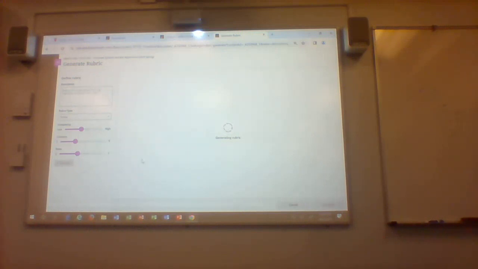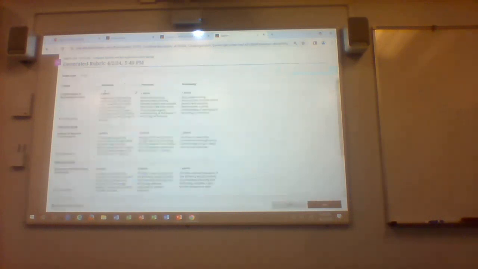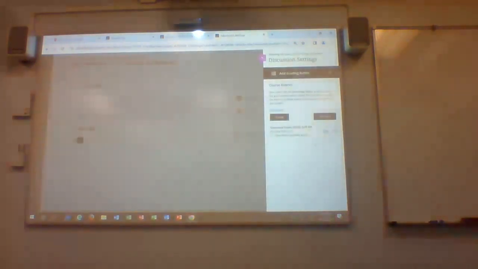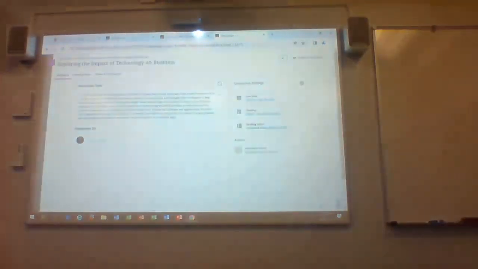So right now it's doing it. One of the things is that now it's a little bit easier to create a rubric, see that? So I'm going to do continue. And now it gives me the little pencil, and then I can edit the rubric itself. I like the way it is right now, just because we're here. And then we're going to edit. And now I have my rubric in there.